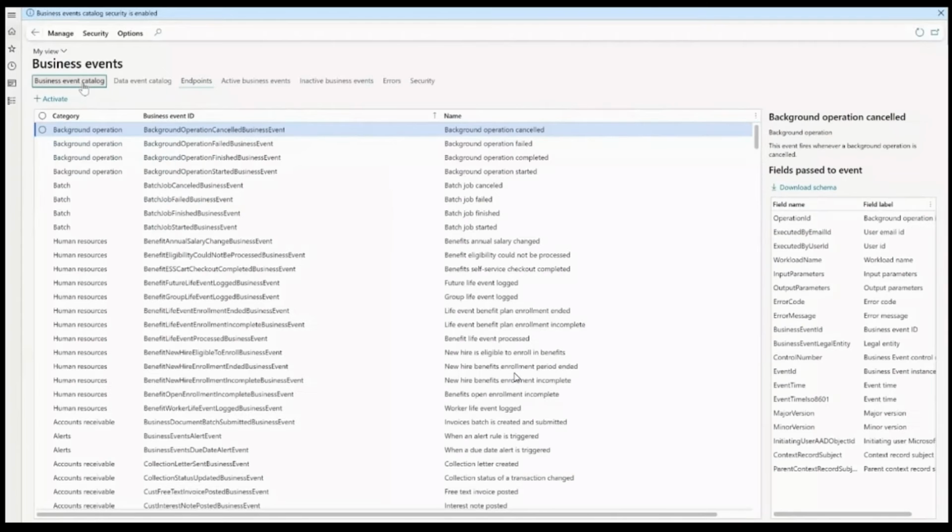Now, in business events catalog, it will show you all the available business events, including application, batch, alert, and everything. So for now, we are using alert business event. And then during this process, if there are any errors, you can see those errors from here. Okay, now quickly about the